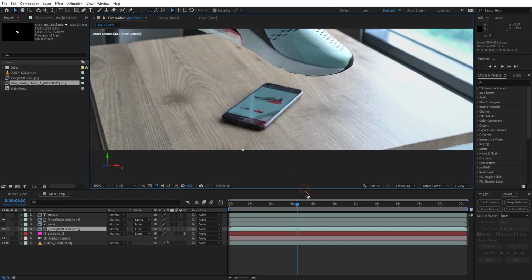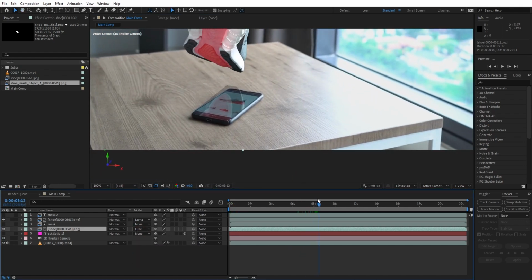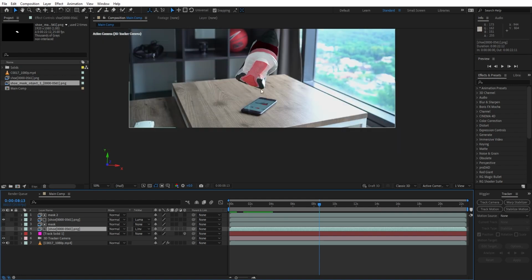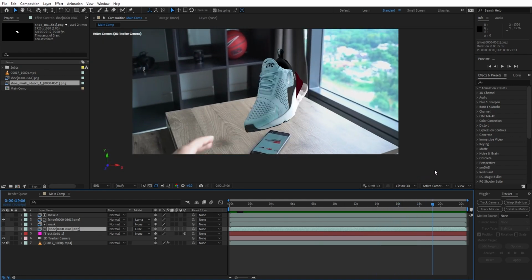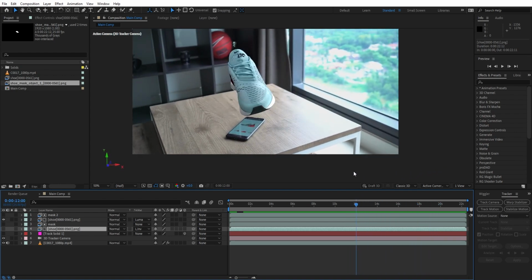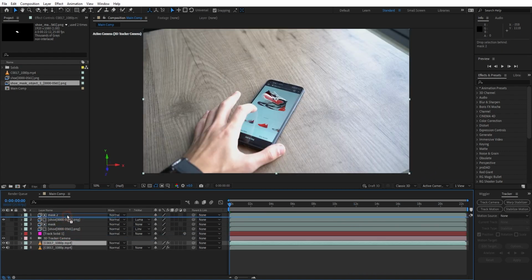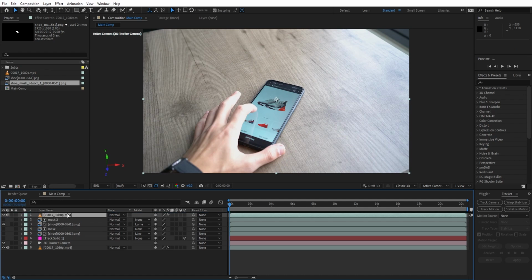As you can see, the reflection isn't perfectly aligned to my screen. I want to take care of that part later, so let's hide the reflection layer for now. Let's have a look at the hand movement first. Obviously you want the hand to cover the shoe here instead of the other way around, and we can fix that with rotoscoping. So select the original clip, duplicate it, and move the copy all the way to the top,